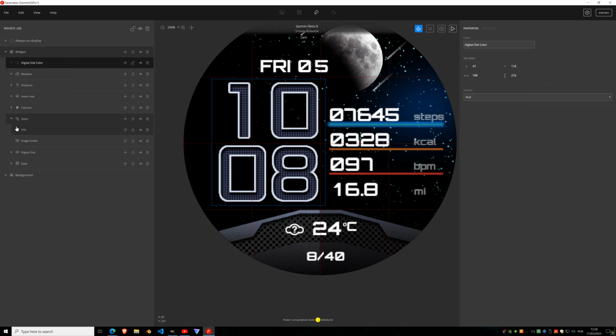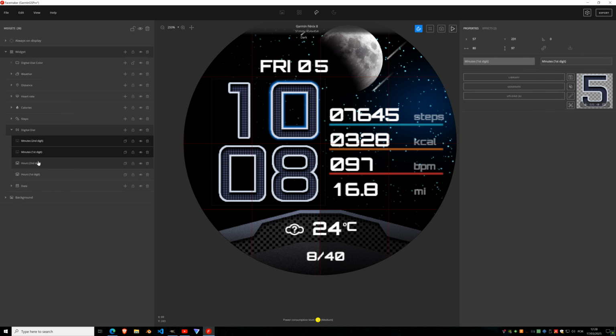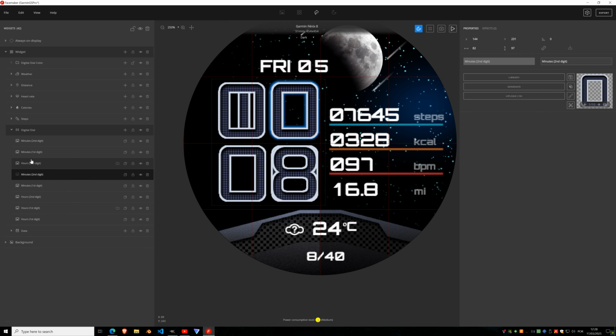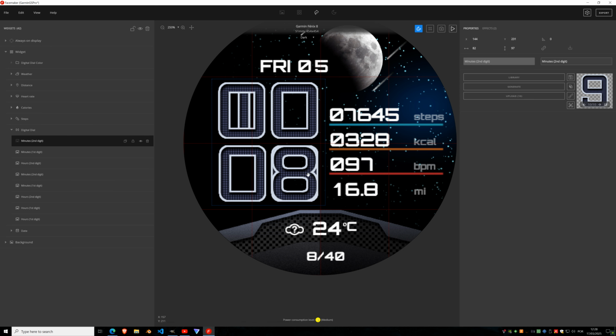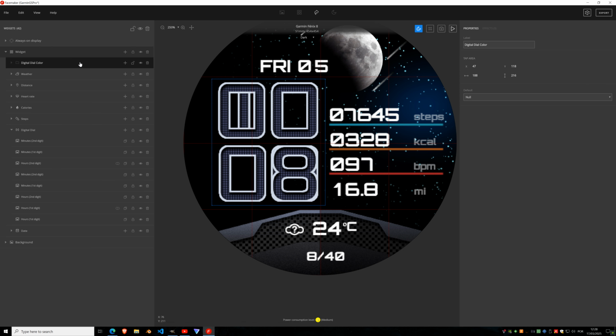So the digital dial is located down here, and we want to create copies of these. So Control C and Control V. We now have a copy of all these widgets that are blue,